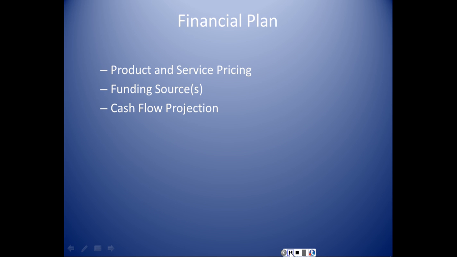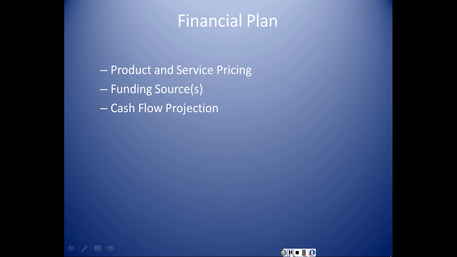And so then if I know I have to make $5,000, but I'm not sure that I can sell 100 items in the first month, then I may have to scale back some things. So that's important for me to know that. But let's say that I can get a funding source that's willing to invest in me and my product. And that funding source wants to know how you're dealing with your revenue and also your cash outlay.